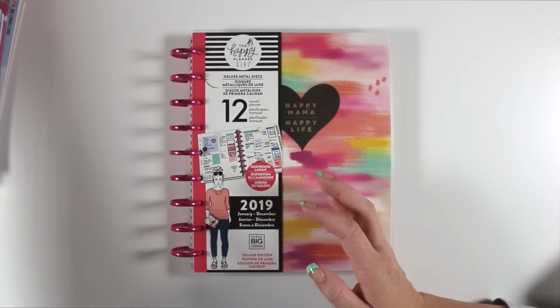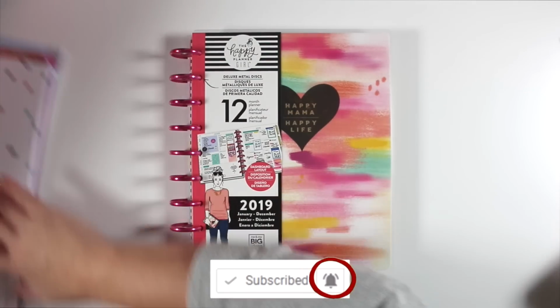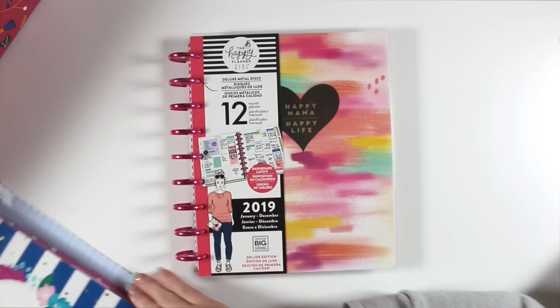So my husband just brought me in a box. I'm very excited to open that. As you see, he laid it here and shadowed everything on my planner. He laid it on top of my planner. Anyways,